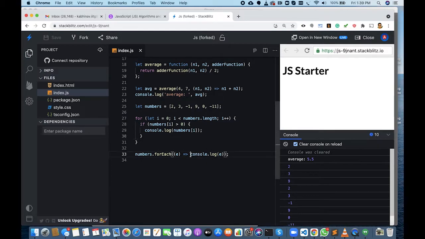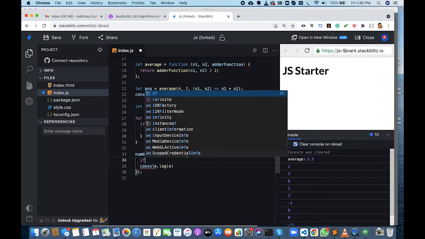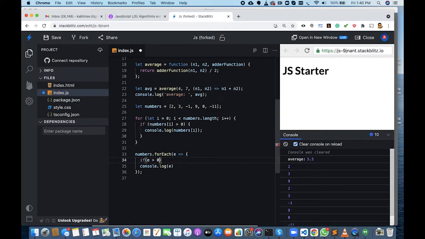Similarly, we can do something like this here. If there are many lines, we will have to use this one. You can write if e greater than 0, so it will also print 2, 3, 9, right?